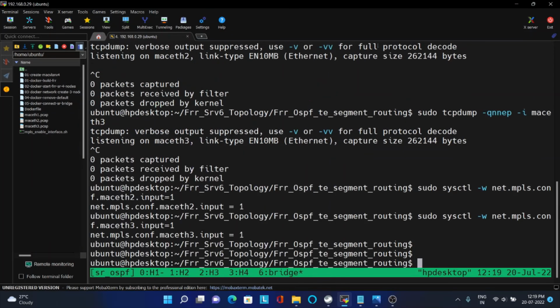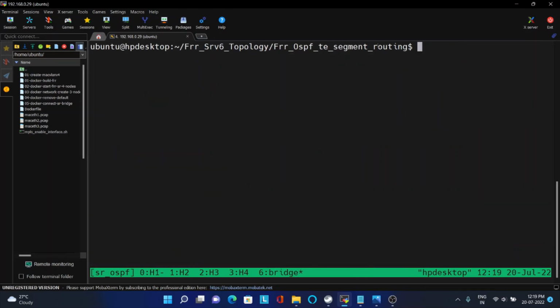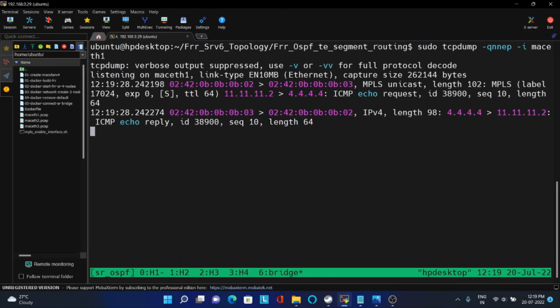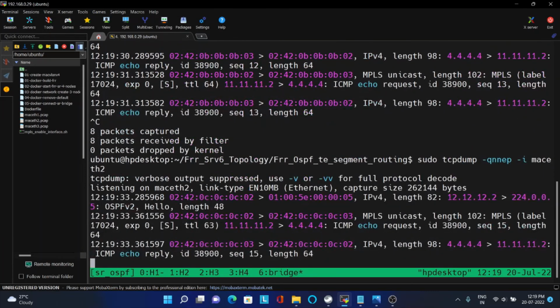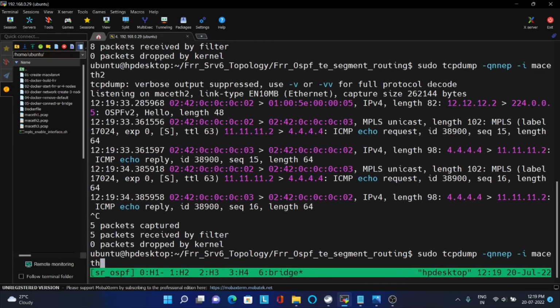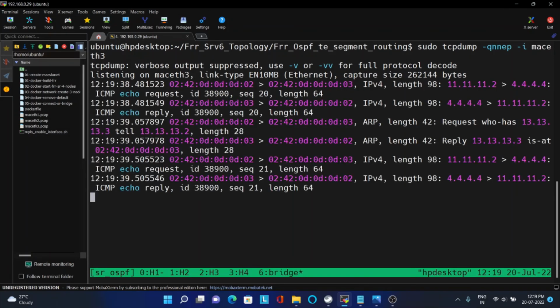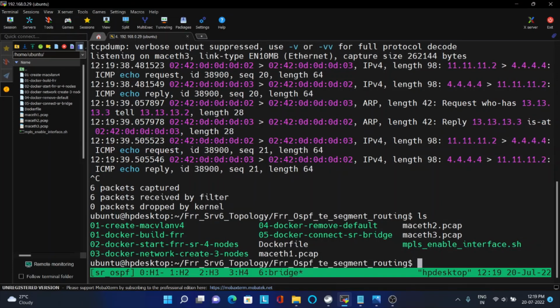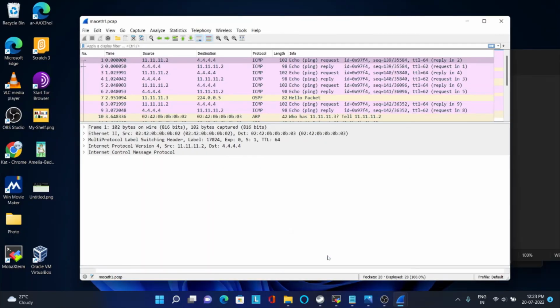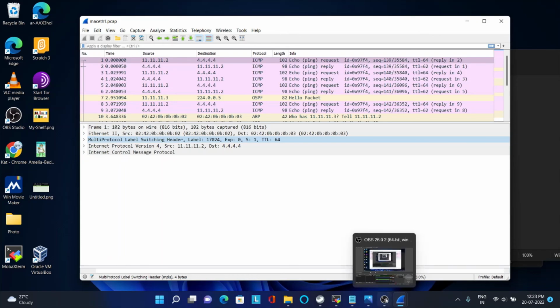So now we can try to capture the packets and check. You can see MPLS packets are going. On node 2 also you can see, and on node 3 it will be a normal packet. So I have captured this packet here. Now we can open and check how the packets are captured. In MAC eth1 you will have 17024 which is labeled. The center node also will have the label, because as per the configuration